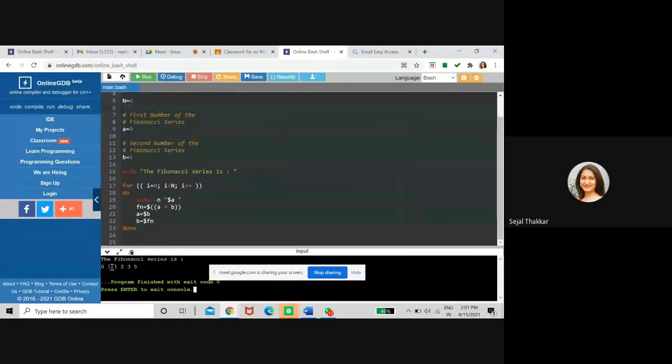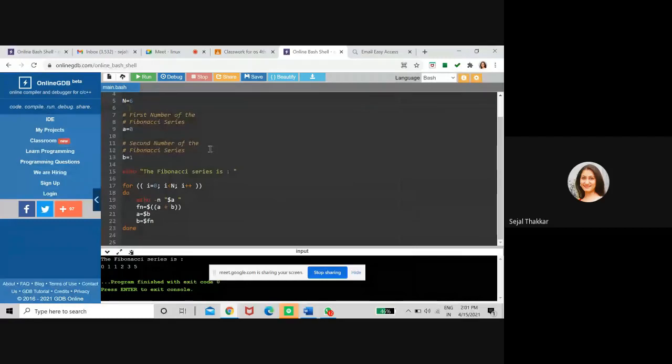First plus second, 0 plus 1, is your next. Now your second becomes your first and your next becomes your second. So first plus second, 1 plus 1 is equal to 2. So you will get up to 5 for n is equal to 6. This is your second practical.